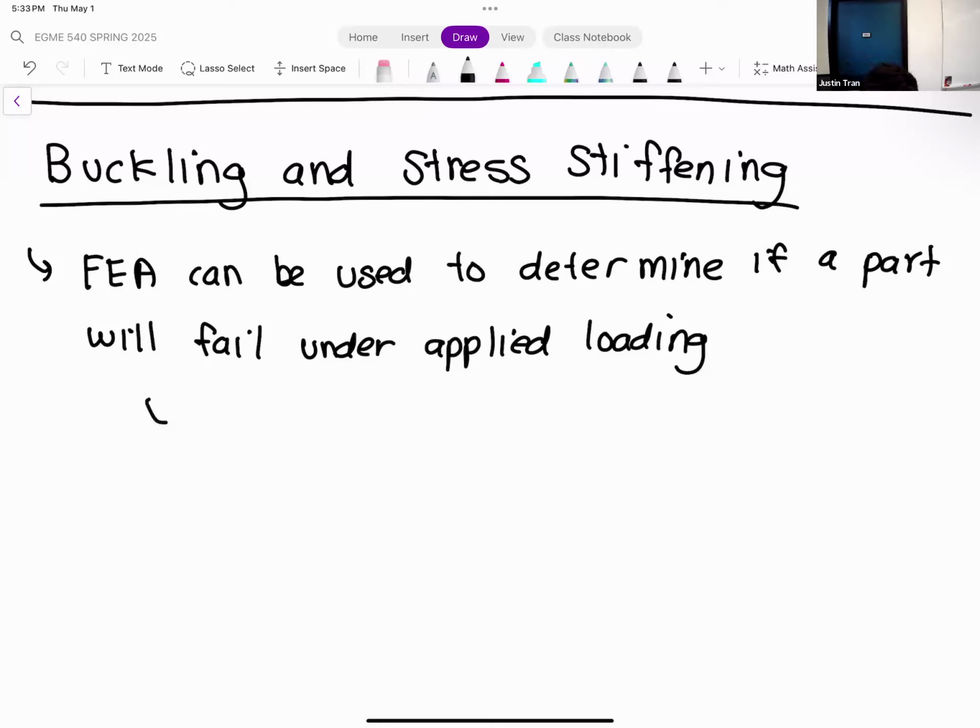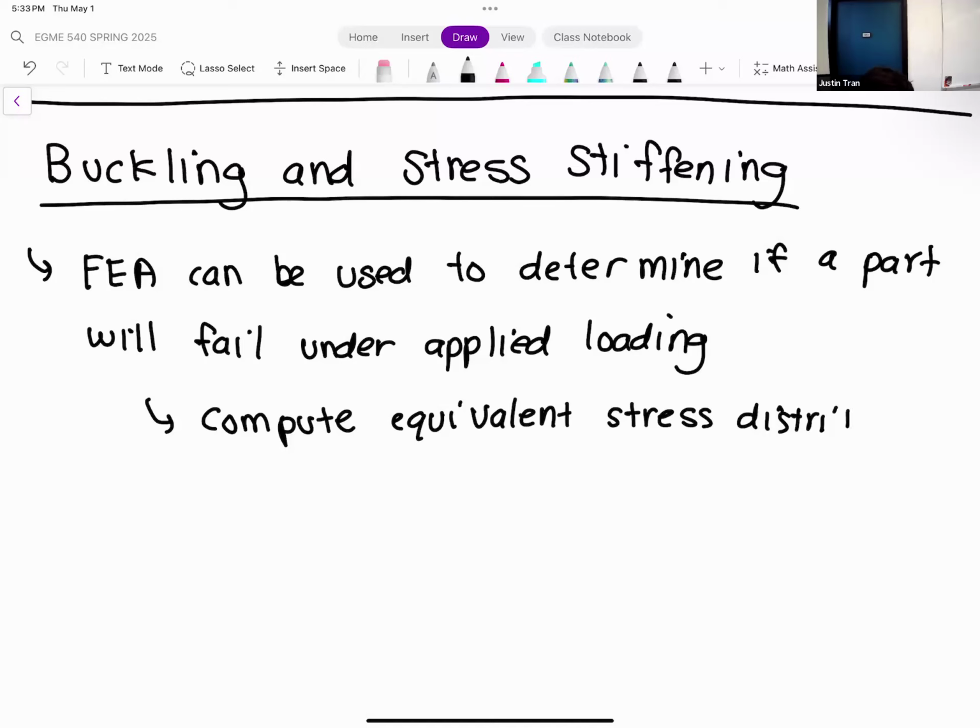And remember, the way that we typically do this is that from the FEA simulation, we're able to compute the equivalent stress distribution. From that equivalent stress distribution, if that equivalent stress